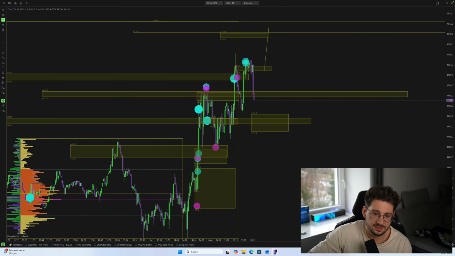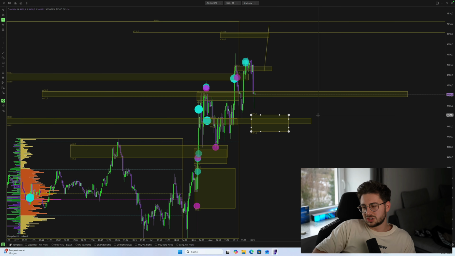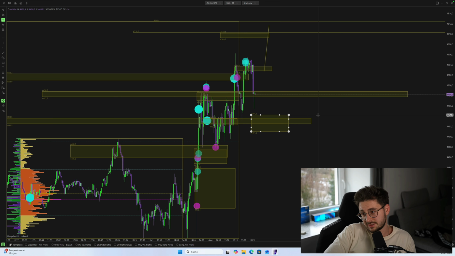On Bookmap there's nothing available. That's also interesting, but here it's about to hit. It hasn't hit yet the level I see on Bookmap. It's the 9.4 level. It's exactly here. It's even lower than this. It could still hit this. I hope it's not hitting it. Just hope it's just gonna shoot up in our direction.